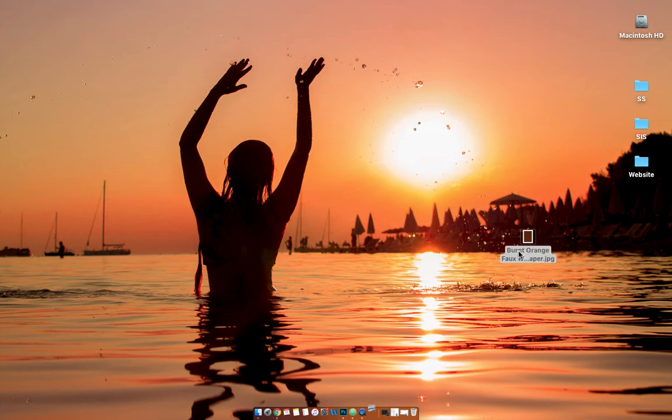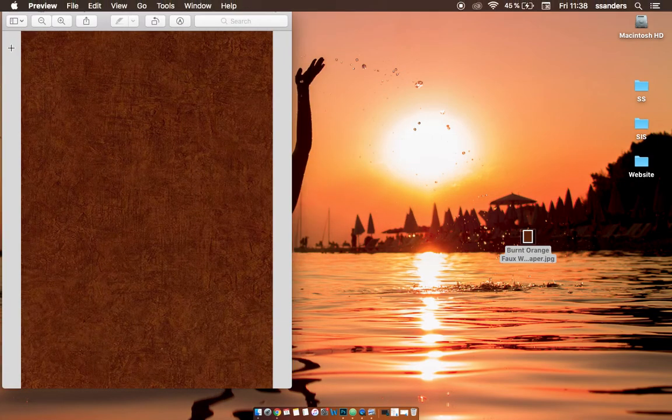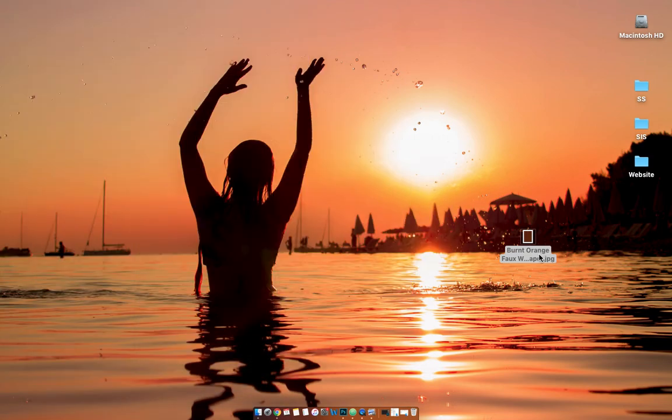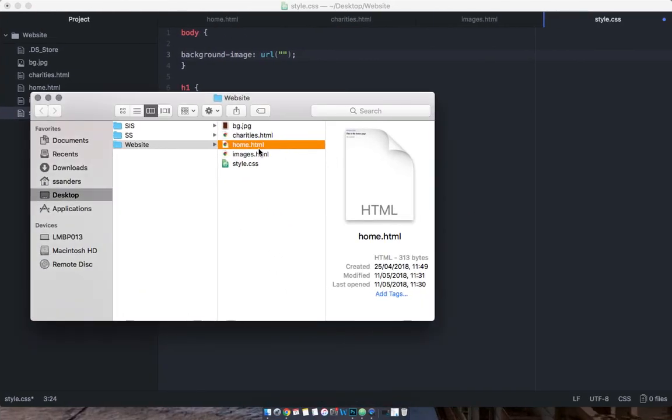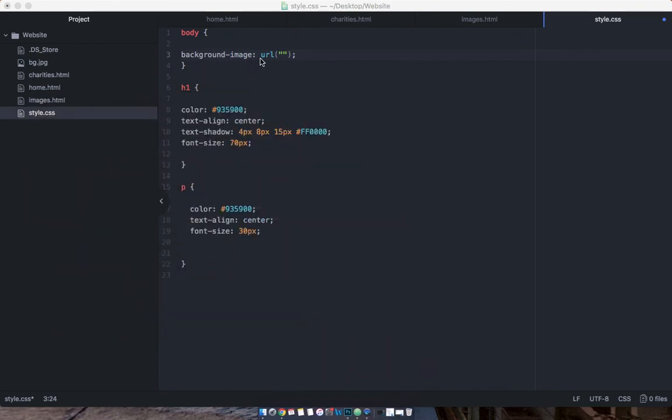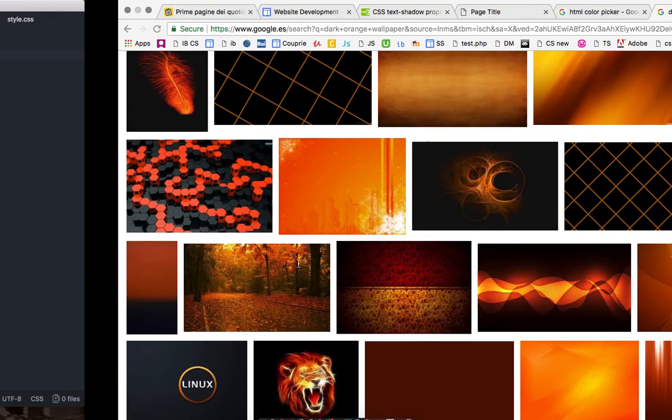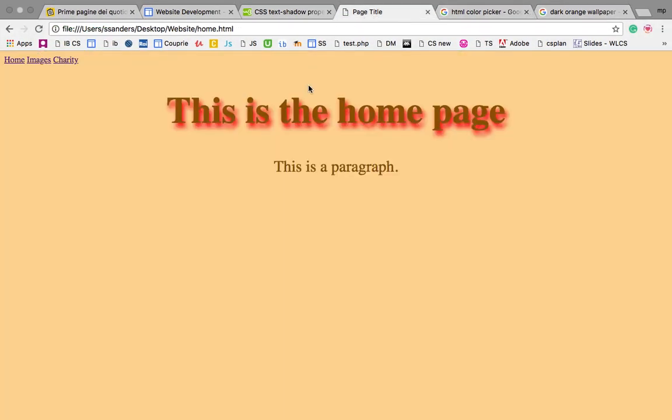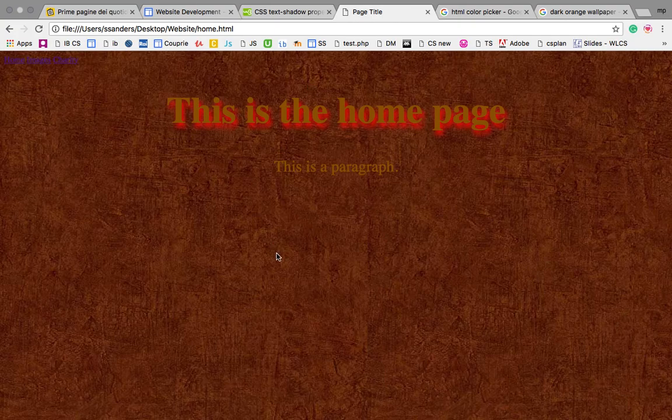I'm just going to rename it something a little bit easier. Let's call it BG. Leave the extension on the end, which in this case is .jpg, and I need to put that in my website folder in order for it to work properly, so it's in there. So all I need to do is put bg.jpg, and then we have the wallpaper. Yeah, okay, you guys are going to be so much better than I am at it,